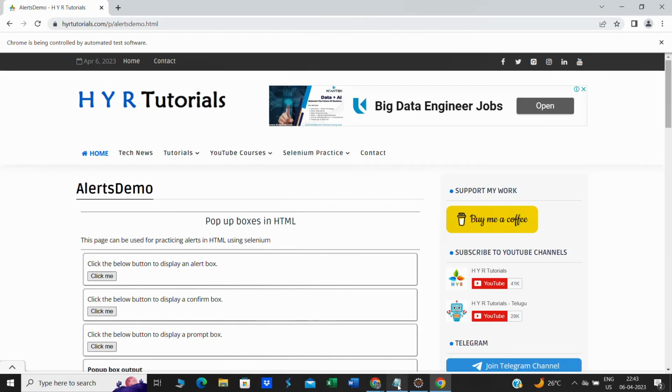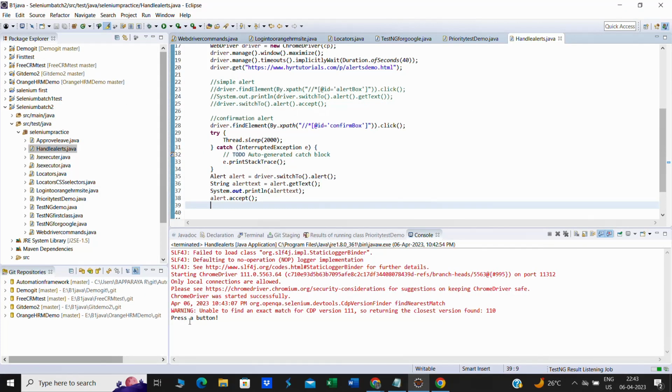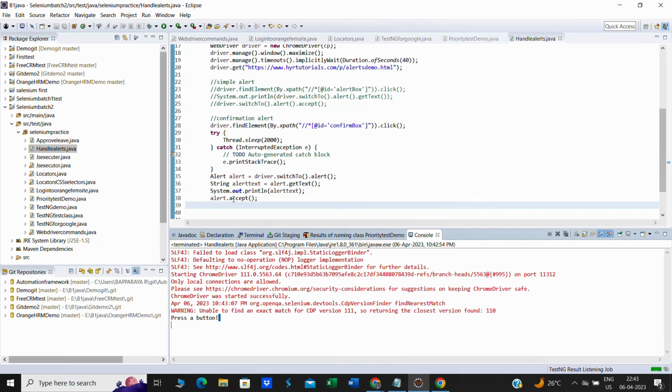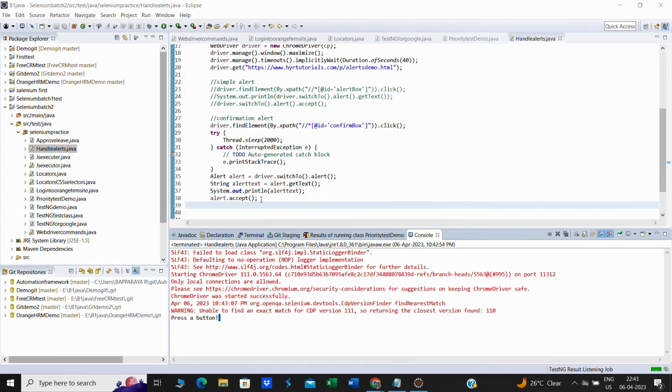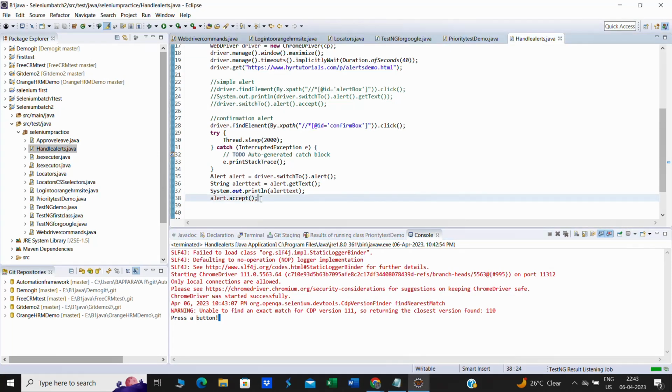Then it got the text of that particular alert as well. So it is not only about accepting the alert. If we do accept, it will click on OK. It is not always that we have to do accept. Sometimes there might be